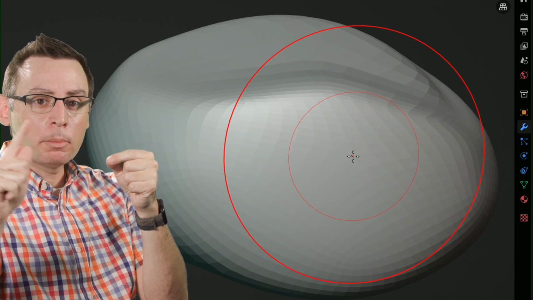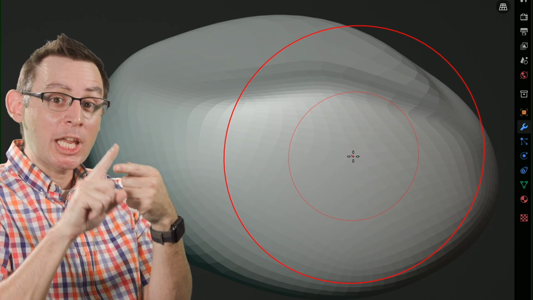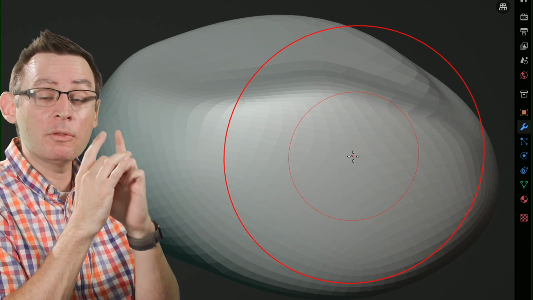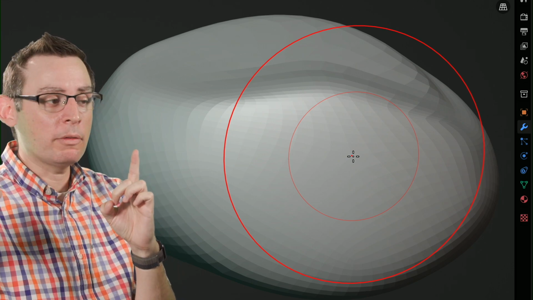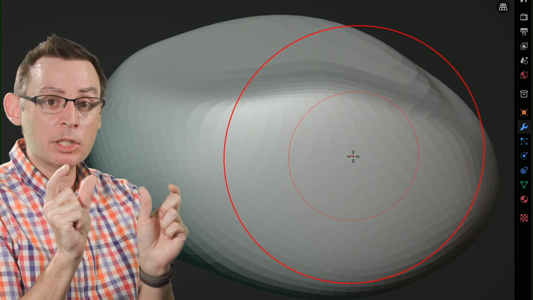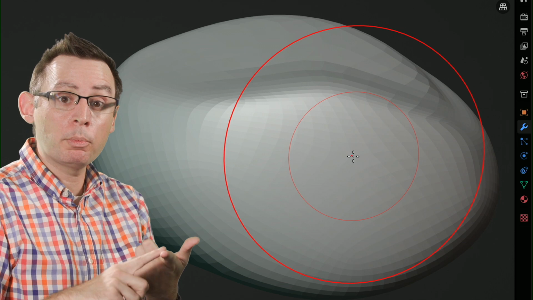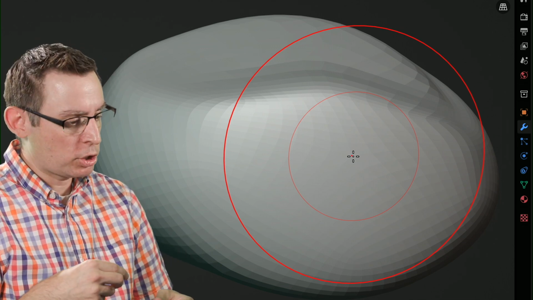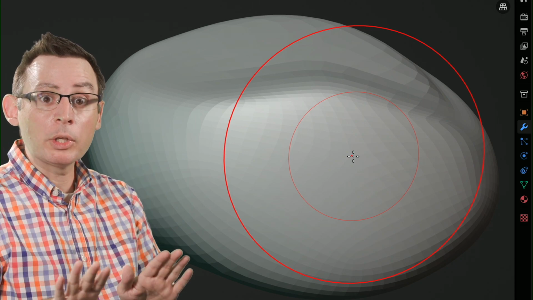The influence of the brush is going to be modulated. It's going to change, kind of feathered, if you will, from the location of the inside ring to the location of the outside ring. If I wanted to have a real soft transition, which is good when working with the push and pull brush, or even just with the grab brush, this soft transition is really nice.